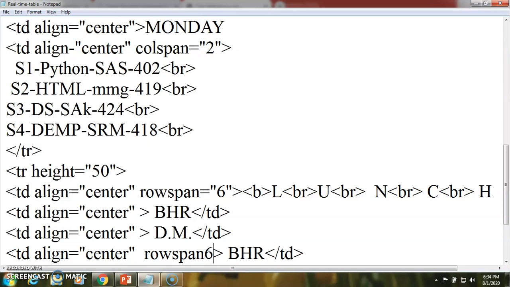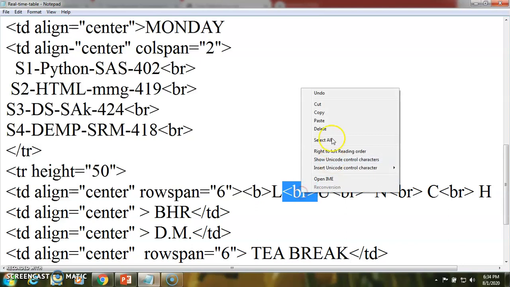Again here we are adding a property because it has another break, that is a short break, so we can have that. Again we can break the text by adding the break tag in between.